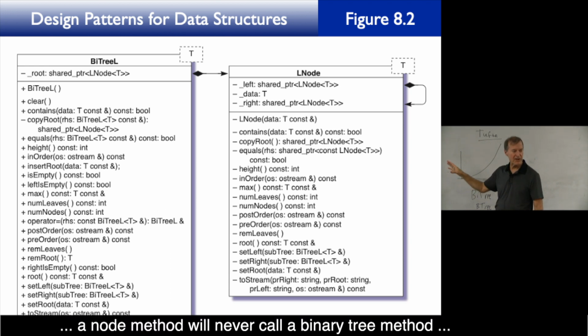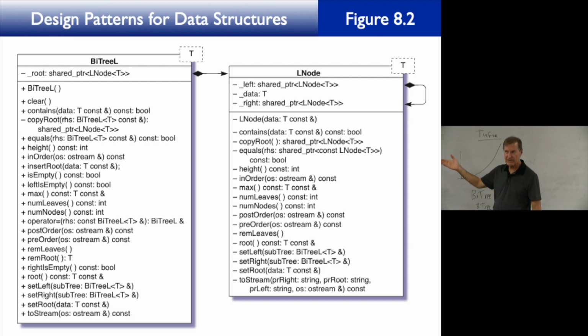The node method will never ever call a list method because this is not the composite pattern. Are you with me on that? Okay, so when you code this stuff up, just keep that in mind. That's the general pattern. That's the general idiom of how the code works for this